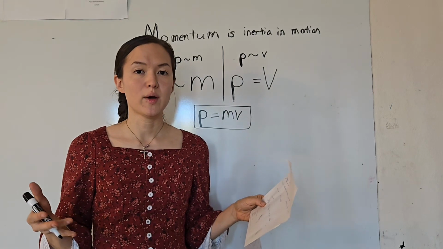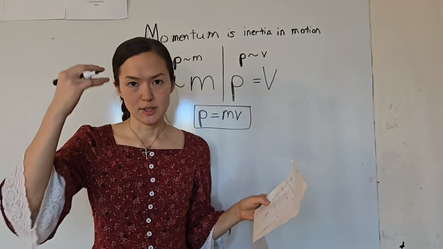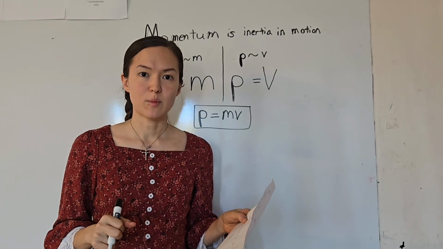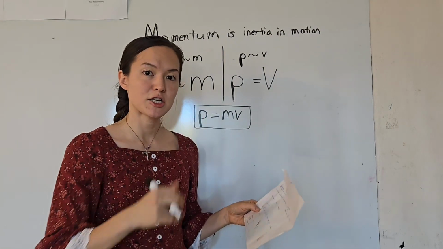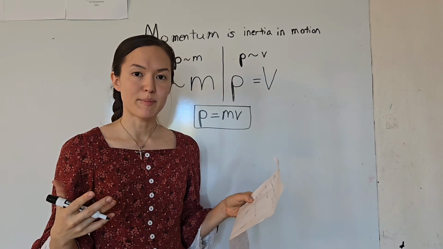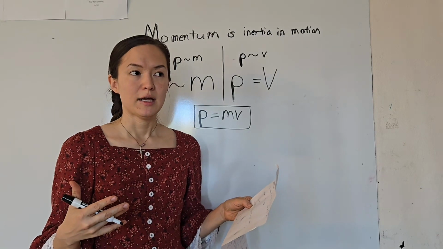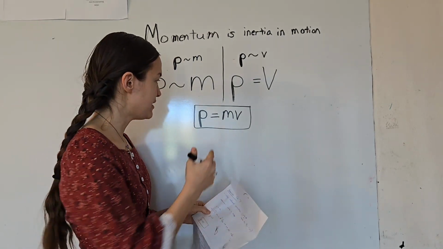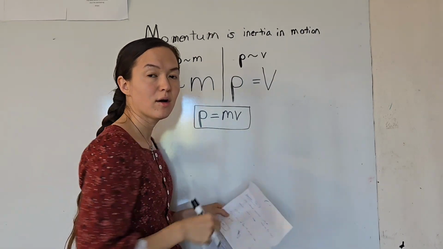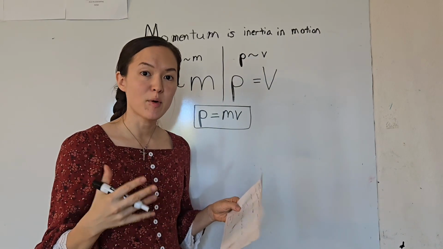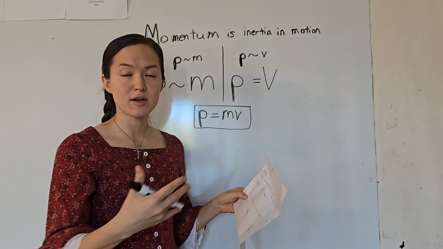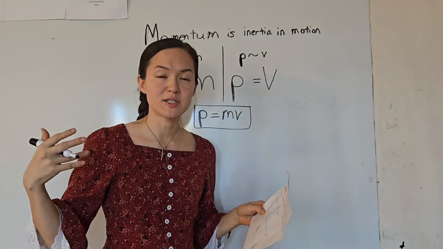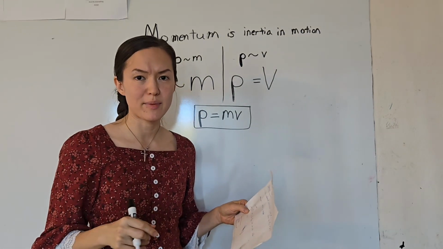The giant truck going 1 mile an hour, you can bring its momentum down somewhat. Just think about the more momentum something has, the more likely it can crash through a barrier. So imagine you've got a barrier and you're trying to ram it. Your best bet is either to get more mass or more velocity to have enough momentum to bust through that barrier. So the same barrier, say you've got a semi-truck that's just loaded up with cinder blocks, it's going to just go crashing through that barrier.